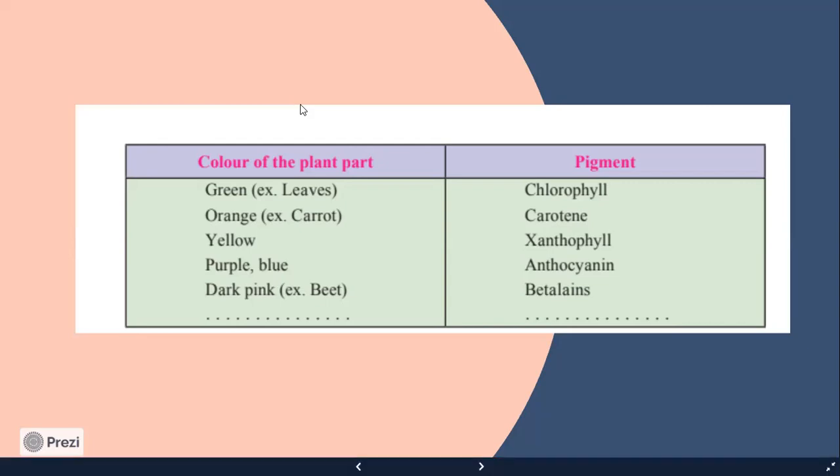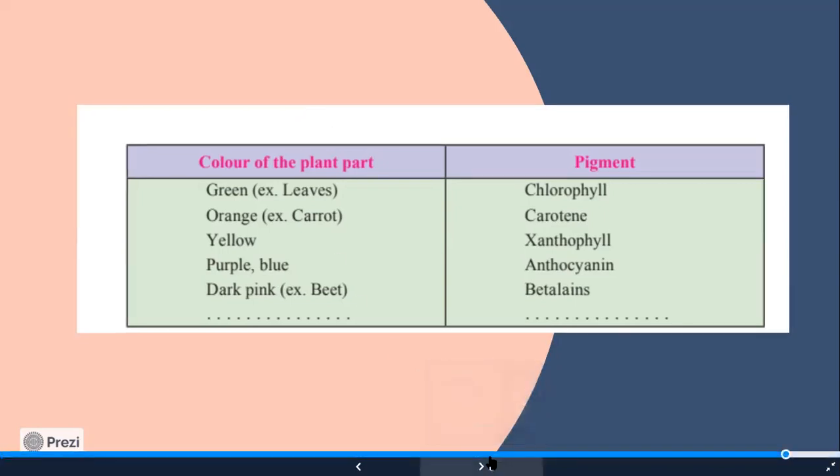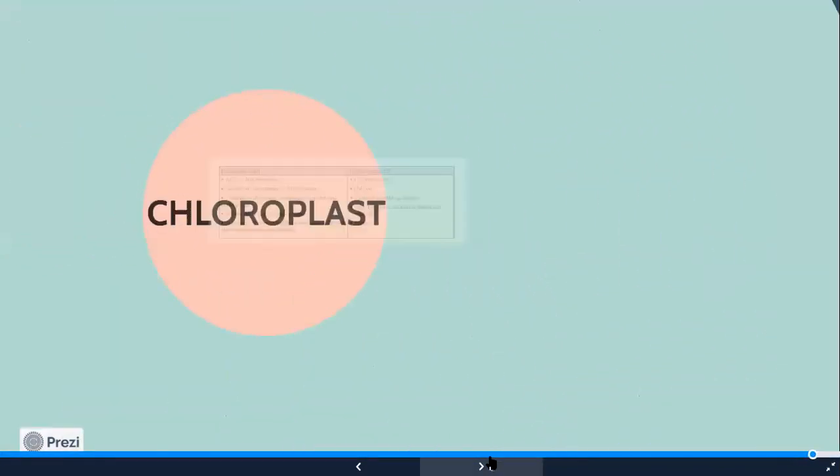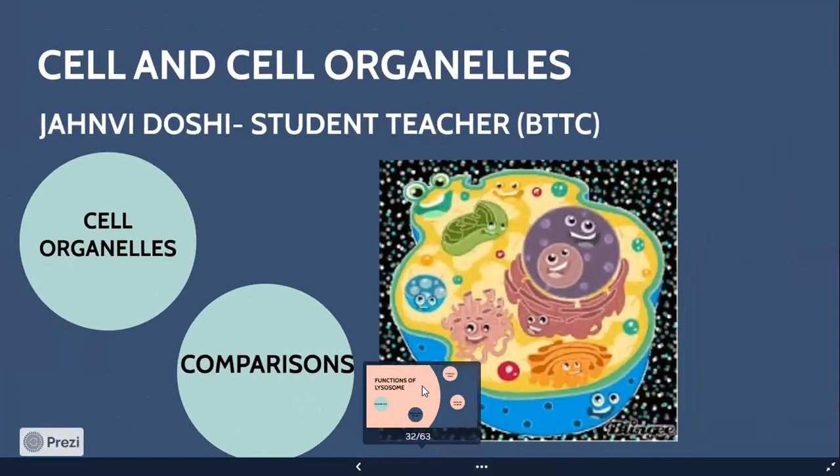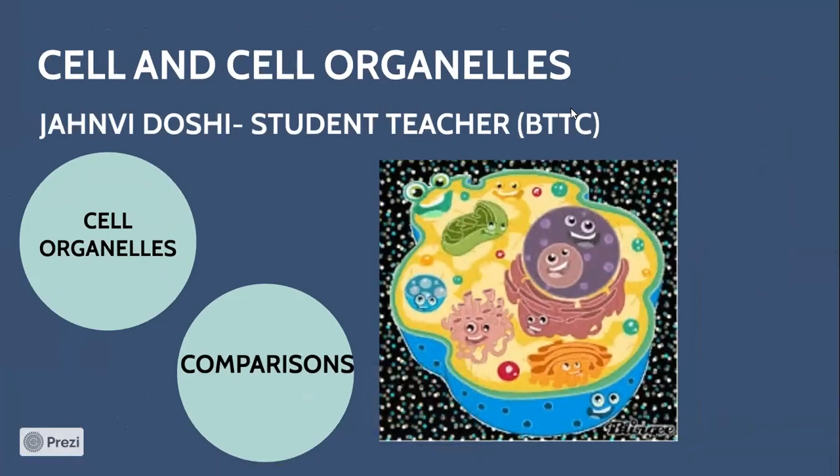So all these types of pigments are the pigments that we see in the food that we have. So, for example, if the food that I'm consuming has an orange colored pigment, for example, a carrot, that means there is a lot of carotene in it. So these pigments are the ones that give color to the flowers and the food that we eat in our diet. So all of these things are really important.